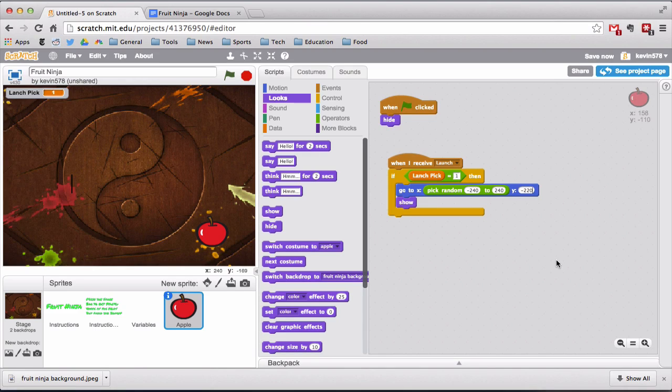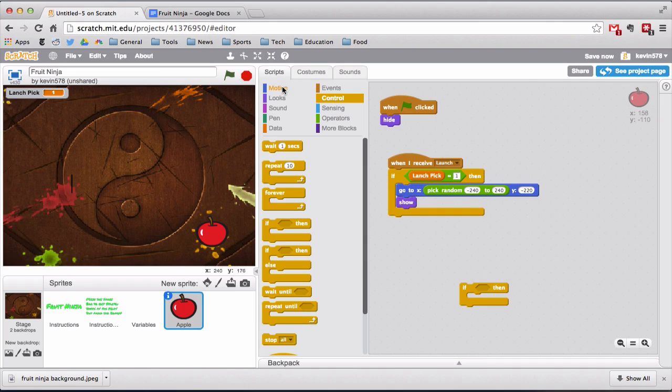And now that we have it going to a random spot, we need to have it launch in different angles. But we need to be careful here because we don't want it to be down here and then launch that way, because that just wouldn't work very well. So if it's on this side, we want it to launch in that direction going to the upper left. And if it's down on this side, it is going to the upper right. So we're going to have two different conditions here. We're going to go back to our if statement,